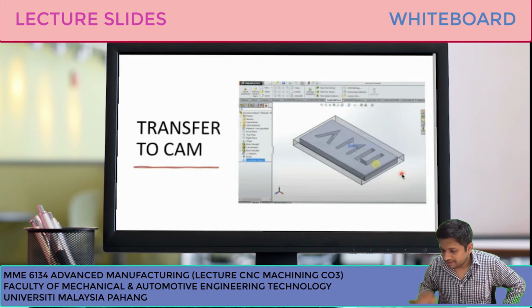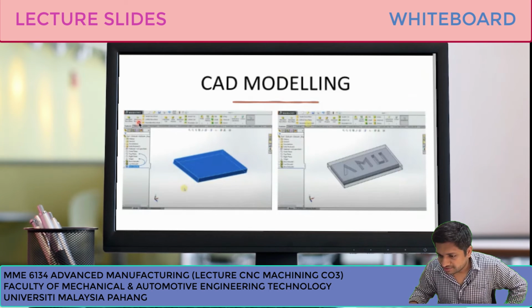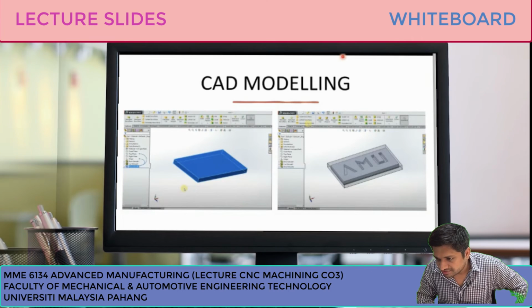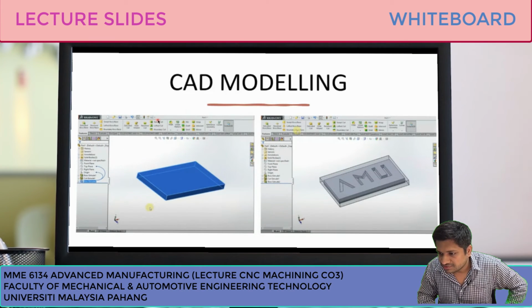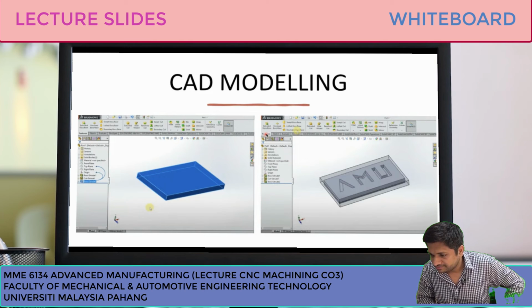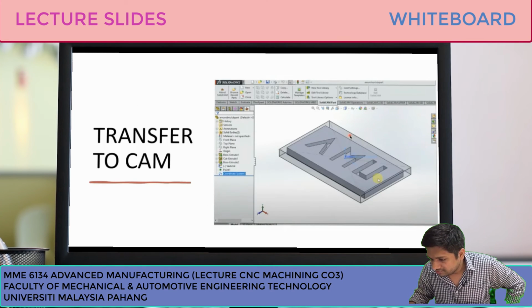So after we do the CAD part, this is the CAD modeling. You can see we are in the CAD region. Let me increase this as well. So we are here in the CAD features tab. Now after doing the CAD, we are going to jump to SolidCAM, this region. After modeling we shift to